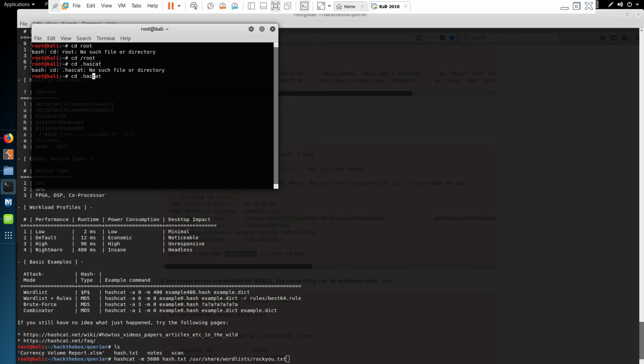So I didn't spell that correctly. Hashcat list, and delete this port file, which probably holds some records inside. So I'm just going to remove this, paste this, get rid of that,